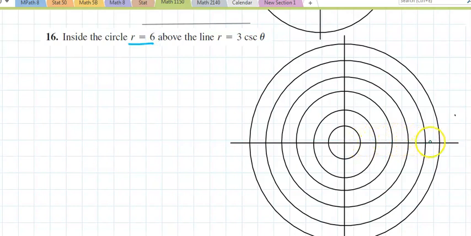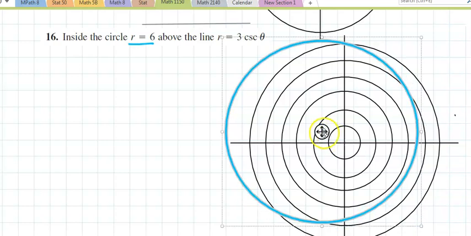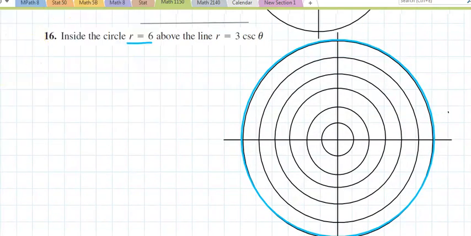1, 2, 3, 4, 5, 6. Let me see if I can mimic that. There it is, I got it. And so it says inside, all of the inside, and above the line, r equals 3 over sine of theta. r sine of theta equals 3. This is y equals 3. So if I go to y equals 3, 1, 2, 3, and draw a horizontal line,